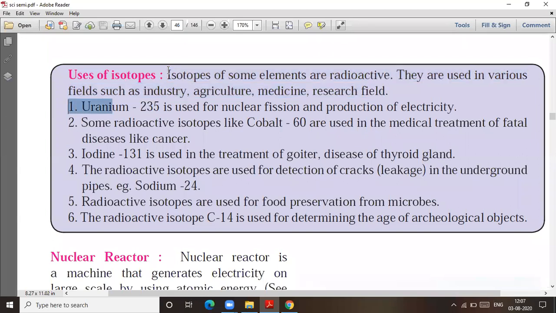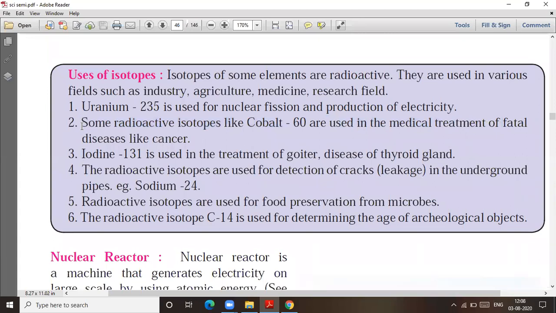An example is uranium 235. Uranium 235 is used for nuclear fission and production of electricity. Right? What we call atomic energy. You will read about the nuclear reactor ahead. Next, you have some radioactive isotopes like cobalt 60, which is used in the medical treatment of fatal diseases like cancer, because cancer does not have any vaccine. And there are various